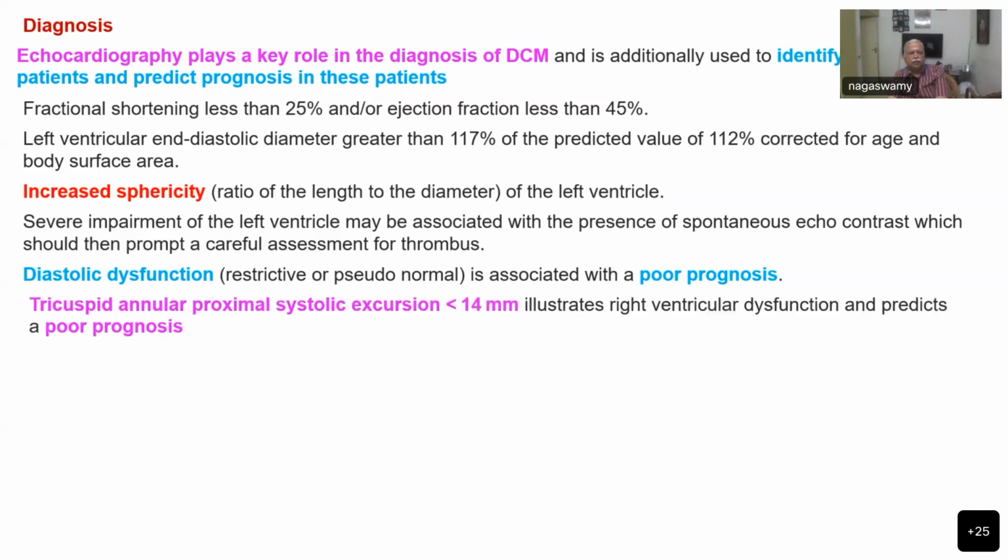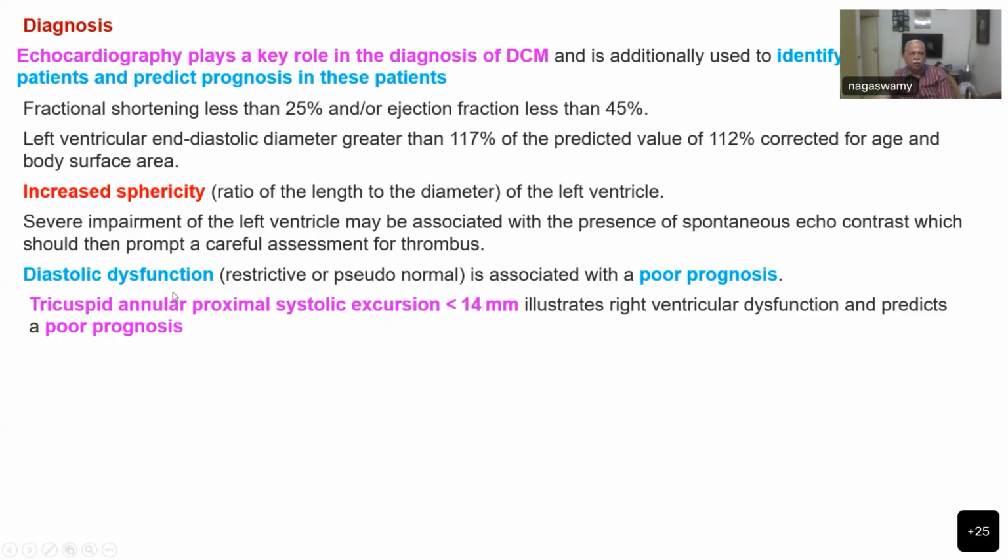The most important thing is tricuspid annular proximal systolic excursion. That is because the myocardium gets so dilated, the annulus of both tricuspid and mitral valves gets stretched out. So they start moving during the systolic excursions, which is more than 15 millimeters, illustrates the right ventricular dysfunction and predicts a poor prognosis. So if diastolic dysfunction and tricuspid annular proximal systolic excursions, all these things will definitely give an indication for poor